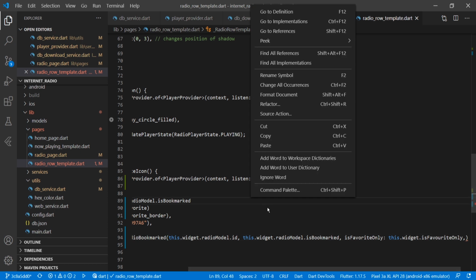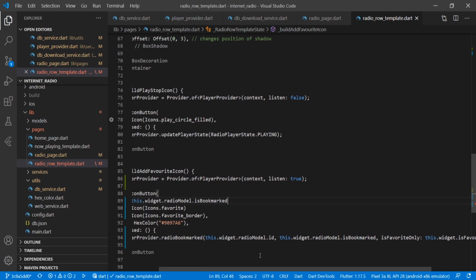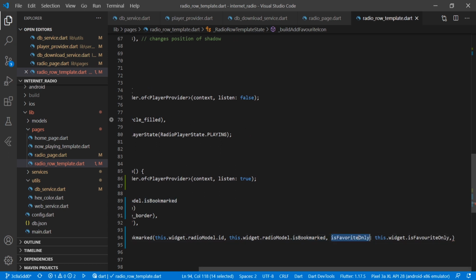So basically what we are doing here is we are passing the parameters in our method of radio bookmark, and we are passing the radio ID, then we are passing is it bookmark or unbookmarked, on the basis of that boolean value, and then we are passing is favorite only. Basically we are doing this just to note to our provider that we are calling from that normal radio screen or from the bookmark screen. On the basis of that, the data will be updated.